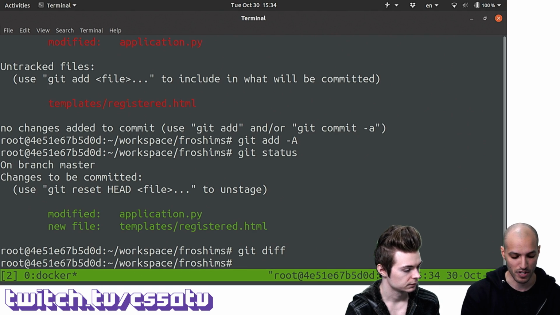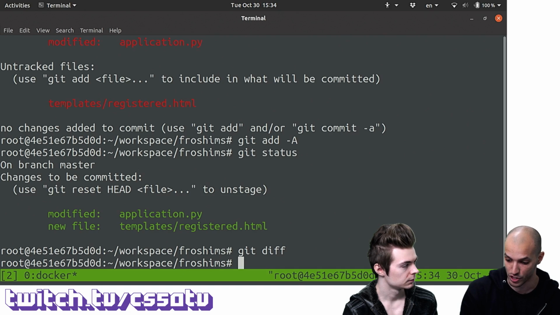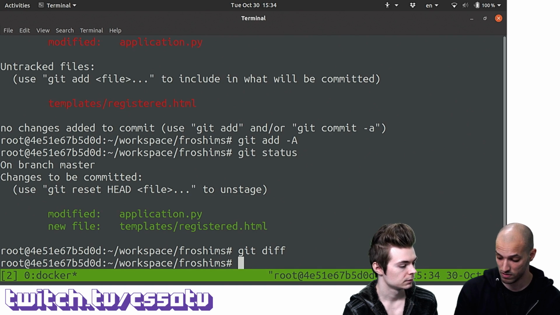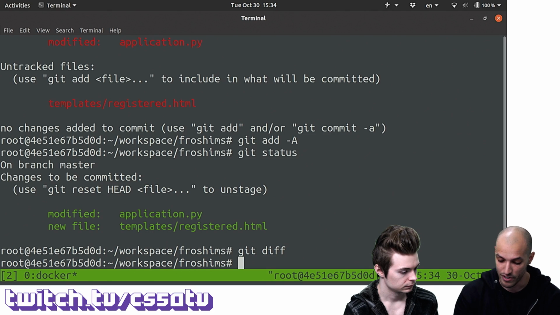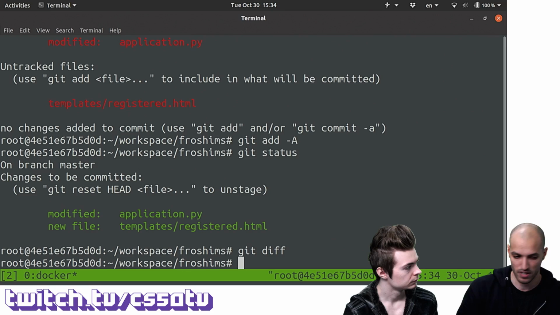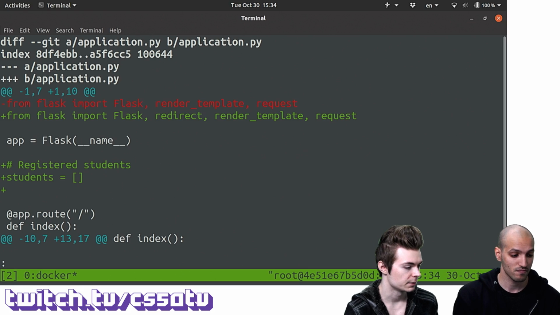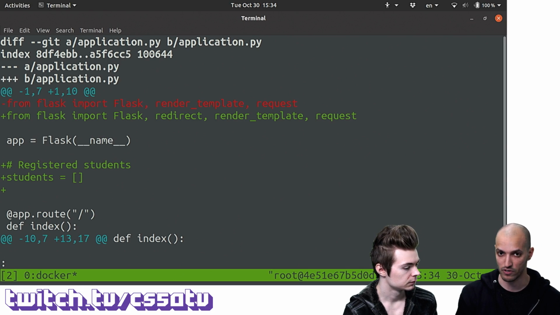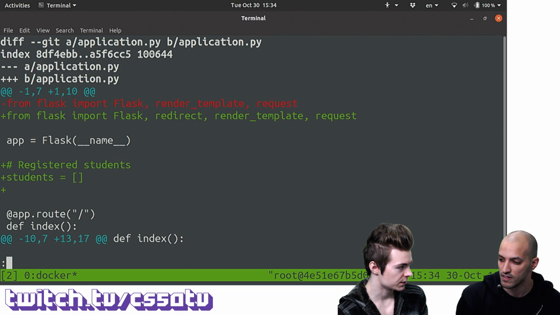Interesting. And this might be a little bit confusing, but this is because by default, git diff compares the changes in your working directory to the changes in the staging area, or to the repository if there are no changes in the staging area. Okay. The way to compare the changes in the staging area to the repository is by running git diff --cached or --staged. Okay, that makes sense. And I know this only by looking at the documentation. There's no way that I could have known this. But since we didn't commit those files, there was no history, so they had no diff information to give us.